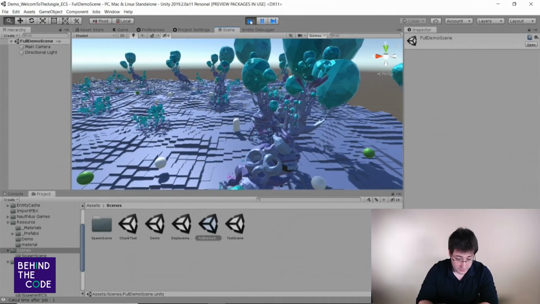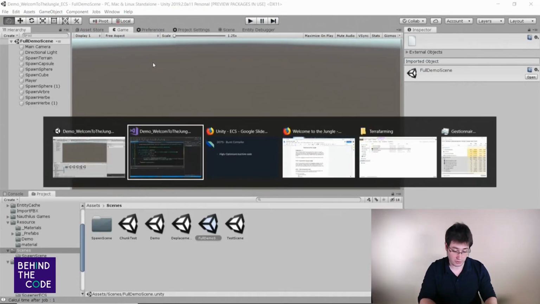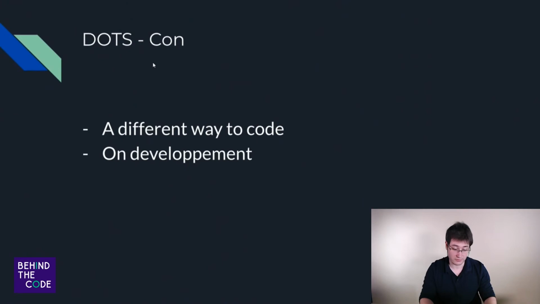So it's the end of my presentation, but I will add some things. ECS, enfin DOTS, it's good. It's very efficient, but it's a different way to code than normal. So you have to rack your brain sometimes to make something, and it's not for someone who uses OOP, object-oriented programming.